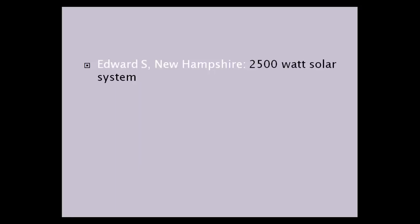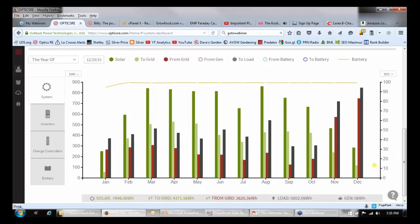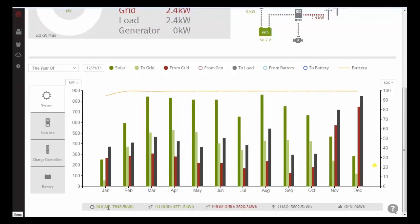Okay, so Edward in New Hampshire wants to know about our solar panel system. Here's a screenshot. I'm very excited to show this. I hope you can see this clearly on your screen. This is, as of this morning, a live snapshot of our solar production since January 22nd when we put in the solar panel system. So now down here you should be able to see that we produce from the sun